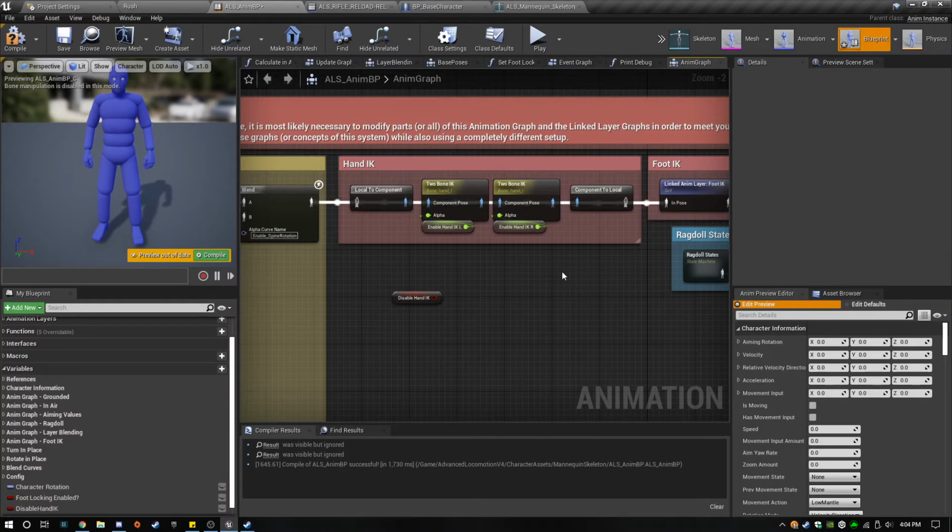So the hand IK is to help glue the hands to the gun, which works great, except when we're trying to do a reload animation, which requires the hands to be off the gun. It doesn't pull the hands correctly off of the gun. It kind of just does an override type thing here. So what we're trying to do is make a better way, because I still want the hand IK on, because the hand IK does make it look very nice. Blend by bool. Okay.